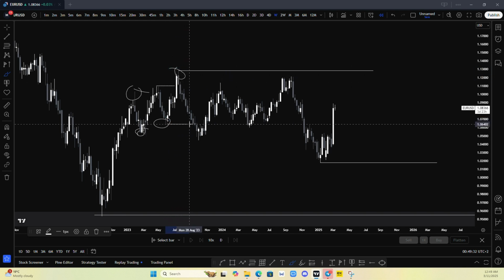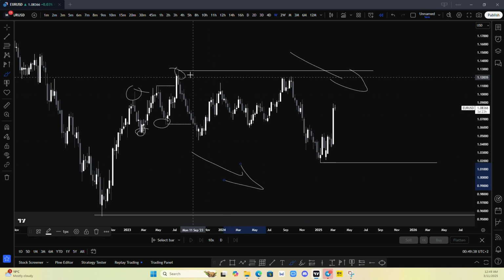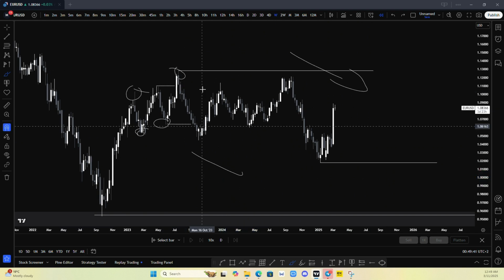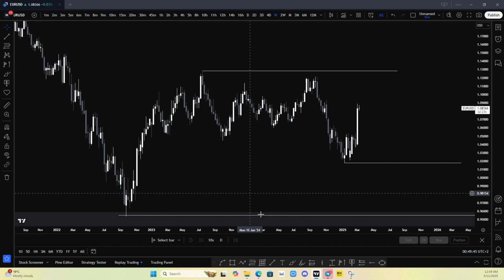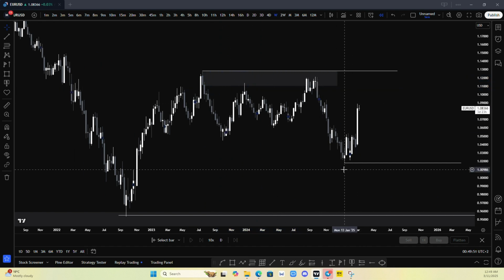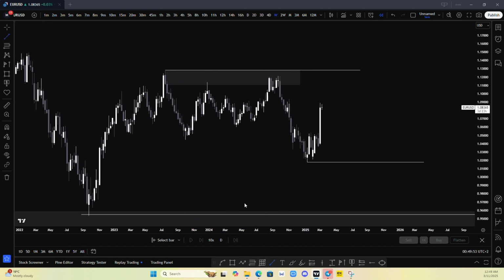Then our higher low got violated, and that's when price started to push to the downside, whereas a change of character was created and price basically respected this supply area here. It respected this higher high here and pushed to the downside to violate this low here. Okay, so now we are getting another perspective of price where